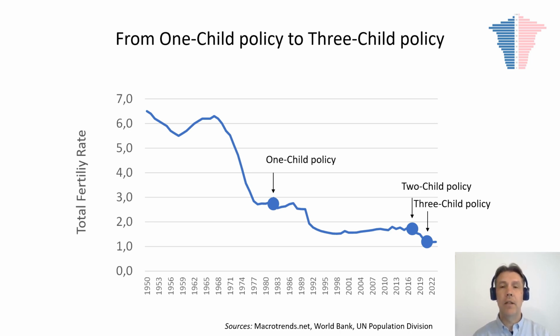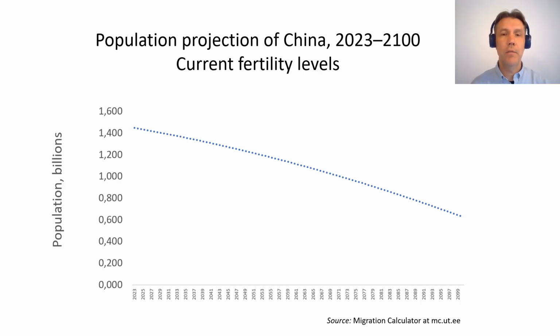It means that couples are allowed to give birth to up to 3 children, and China also abolished the social maintenance fee for families having more than one child. As we have already seen, the Chinese population will almost halve by the end of this century if current fertility levels persist. And in this projection, I have assumed that the fertility level is 1.2 children on average per woman.